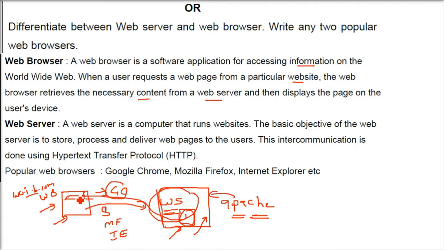A web browser is just a program. It is not everything. The content has to be somewhere so that you can retrieve it. Okay. So the basic work is the combination. That is, what you see is a combination of web server and web browser. So it's storing, processing and delivering also. And as I said, the protocol being used is HTTPS, not HTTP, because secure socket layer is also there.